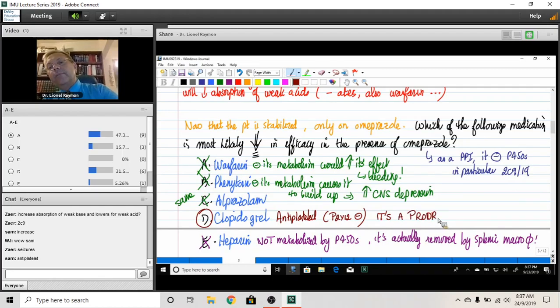And when you call it a prodrug, it means it's inactive until, thanks to 2C19, it becomes the active metabolite. So, of course, inhibiting this with a proton pump inhibitor decreases the efficacy of